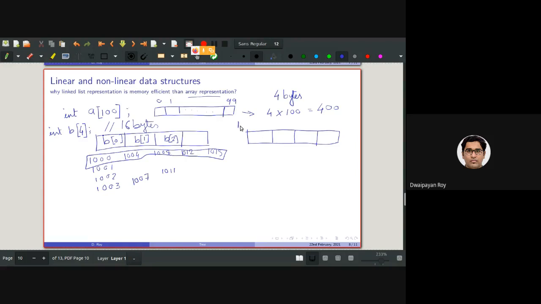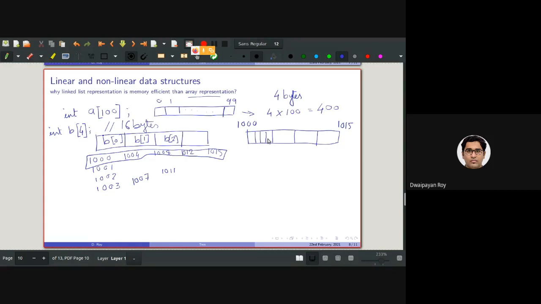If this is 1000 and this is 1015, this will be broken up into 4 different bytes.